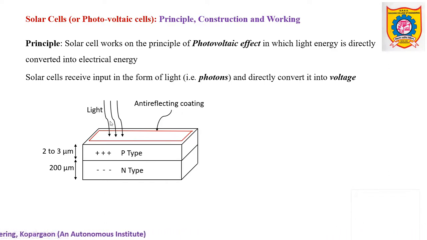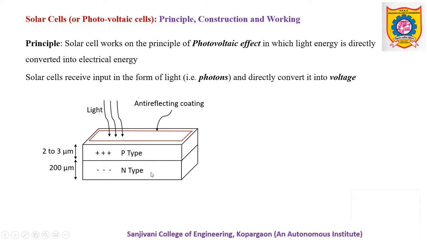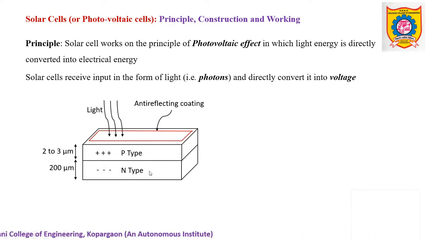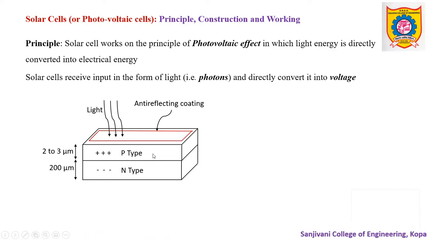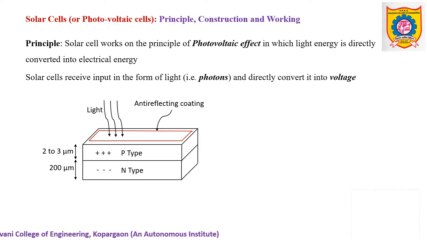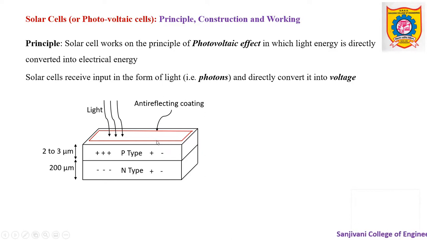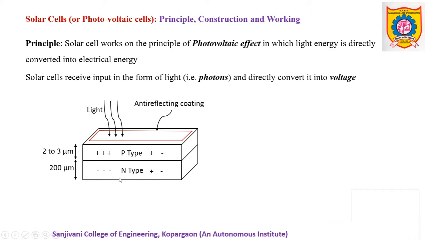Now what happens when light falls on this solar cell? It will be absorbed by both P as well as N regions. So in order to have light with sufficient intensity in the N region, the P region is made comparatively thinner than the N region. Okay. Now when light enters both P and N type semiconductor, it breaks some of the covalent bonds, and because of the breaking of the bonds, few electron hole pairs are created in the corresponding regions. Apart from the majority charge carriers, which are holes in P type and electrons in N type, there is creation of these electron hole pairs, and this happens because of the absorption of light.